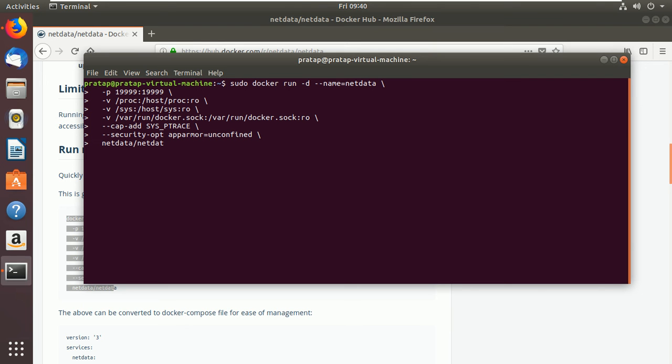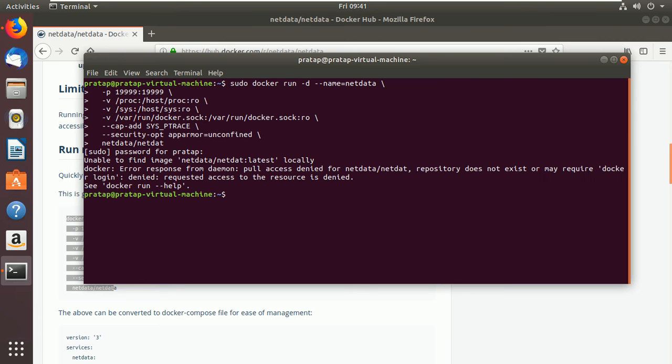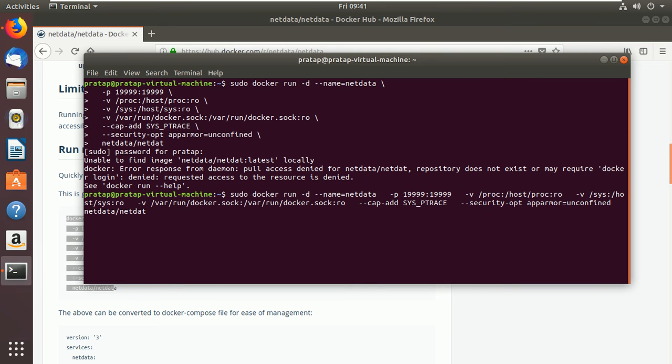Done. Now you press enter. Once you press enter, this package will be installed. It says unable to find image, but once internet reachability is there, it will get these things.